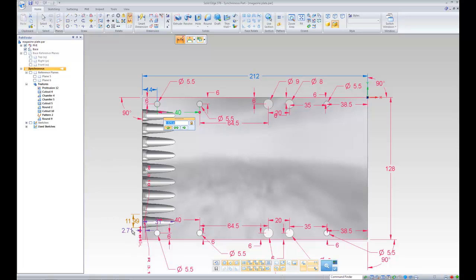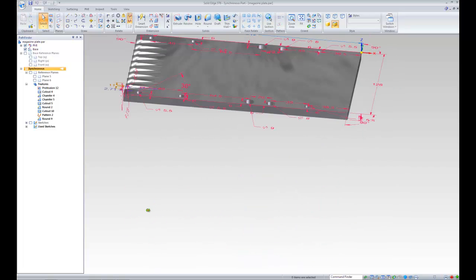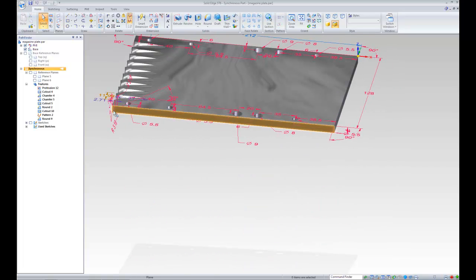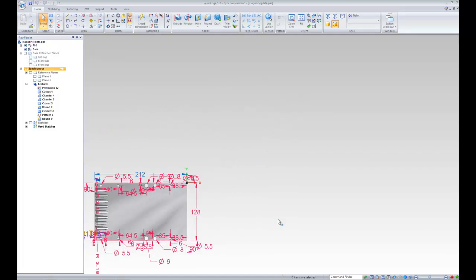Also, you'll find in a lot of cases, on a corner of a block, for instance, when you apply a dimension, you may find that you've applied the same dimension on another corner without realizing it. So look at what you have and clean up your dimensions before you go any further, and make sure that you haven't over-dimensioned your part. In any case,